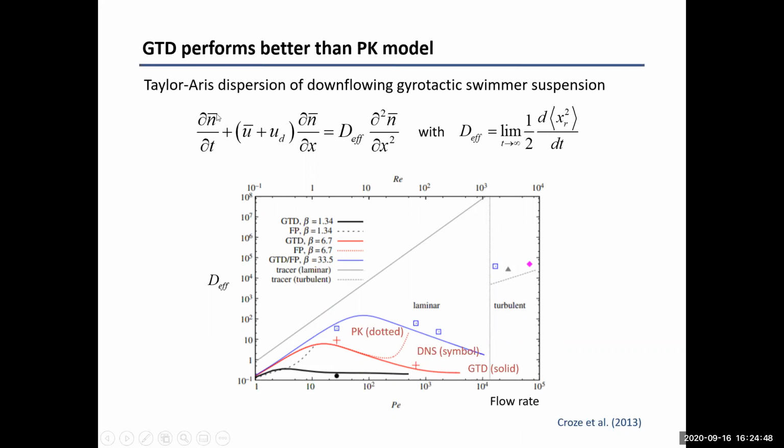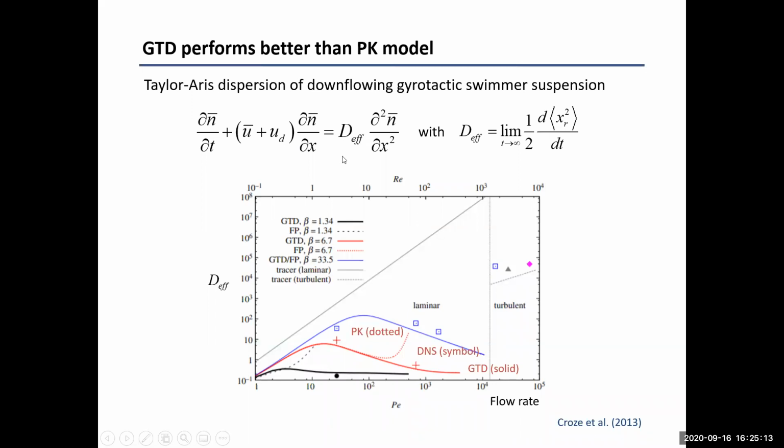What they wanted to do was create the actual Taylor-Aris dispersion model. So this is a 1D advection-diffusion model along the pipeline. N bar is again the average concentration over the cross sections. They wanted to calculate the mean drift caused by the gyrotactic particles, and then the effective diffusion along the x